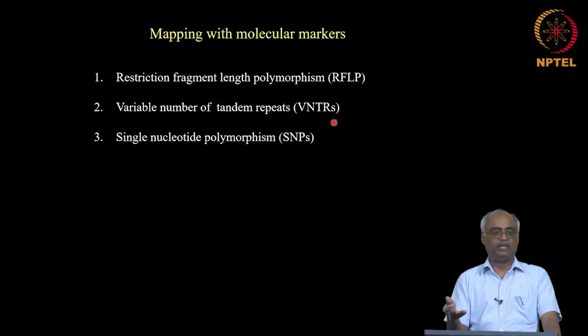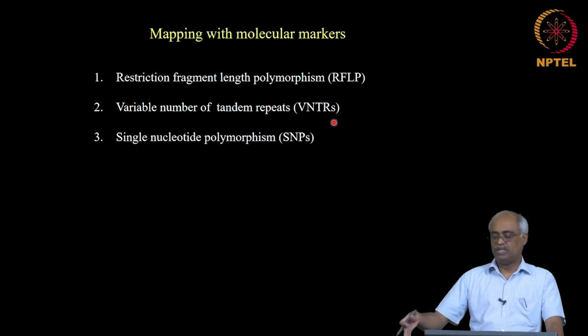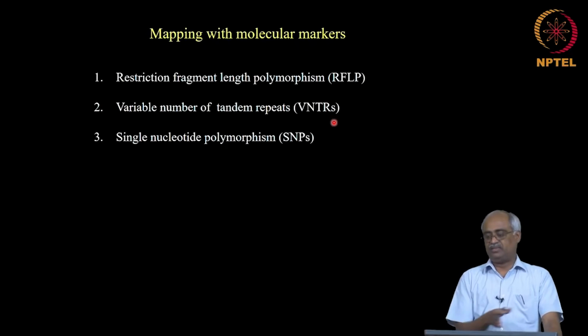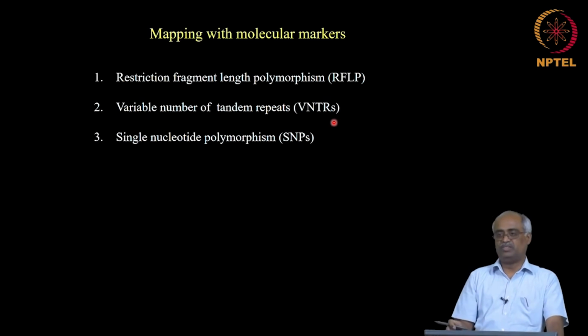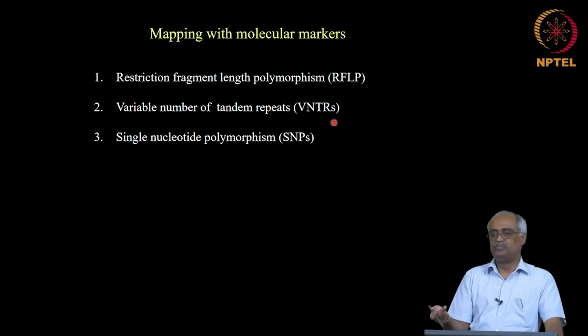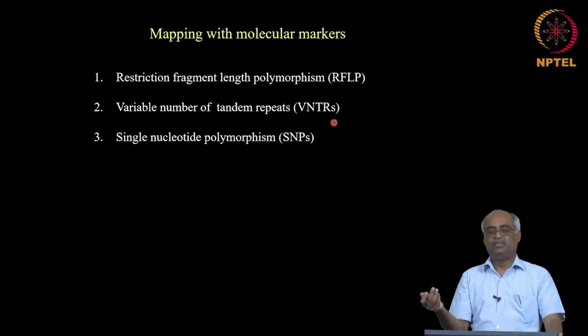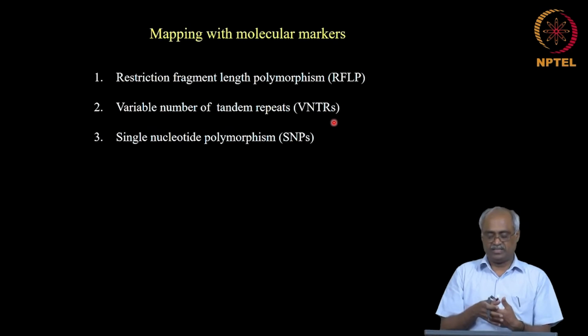Let us say you have an EcoR1 site in one position and the next is 6 kb apart. In another strain, from that particular EcoR1 locus that I took as an example, at 3 kb you have another EcoR1 site. Now, the first one when you digest gives a 6 kb band, the second one when you digest you might get a 3 kb single band. So, there the restriction length is varying, and therefore there is a change in the morph, like the shape or whatever, that you can detect, and that is coming from the restriction fragment.